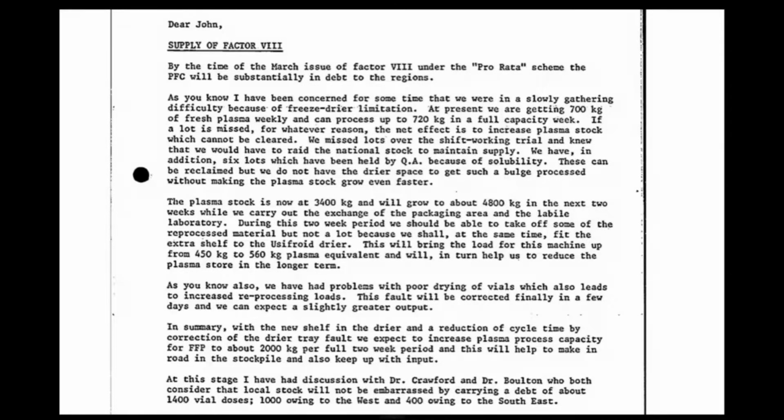And this is a letter which gives us some insight into that particular difficulty that I was just describing, but also more generally into PFC's production capacity around this time. So it's dated February 1982. It's from Mr. Watt to Mr. Cash. If we go down to the first couple of paragraphs,